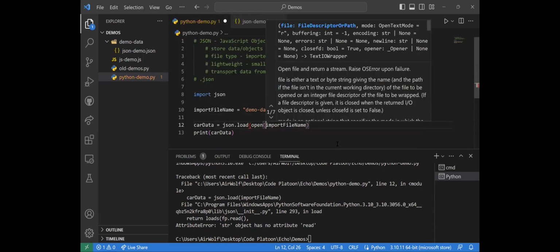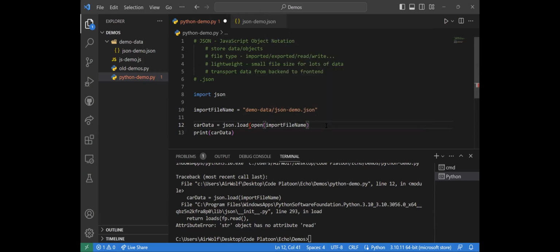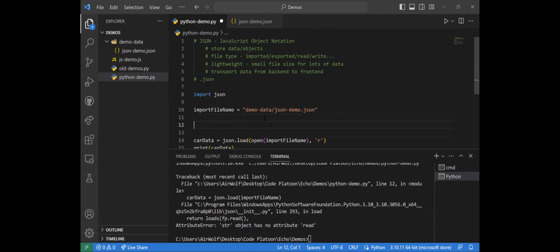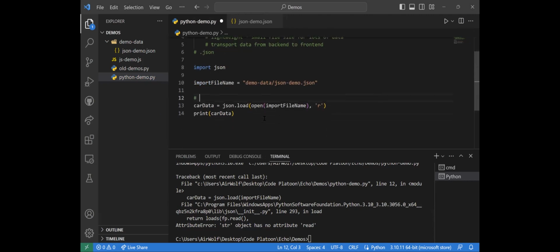Because JSON here is a file, we have to open the file and return a text stream that can then be loaded in as JSON. So we have to open the file and then import it in read mode. Just to explain what I'm doing here, we need to load JSON, which is the json.load part, from a file stream in read mode, whose source is